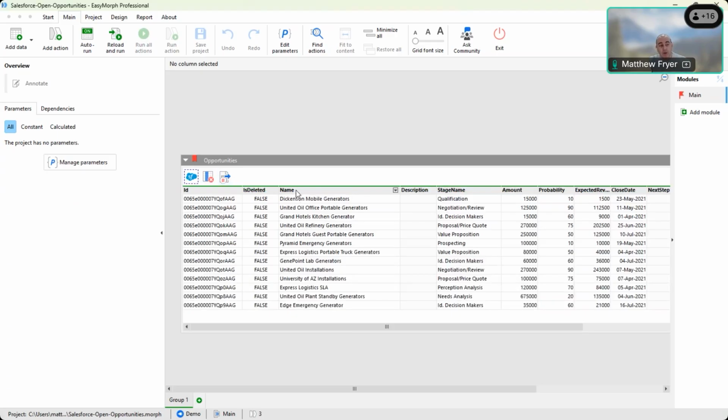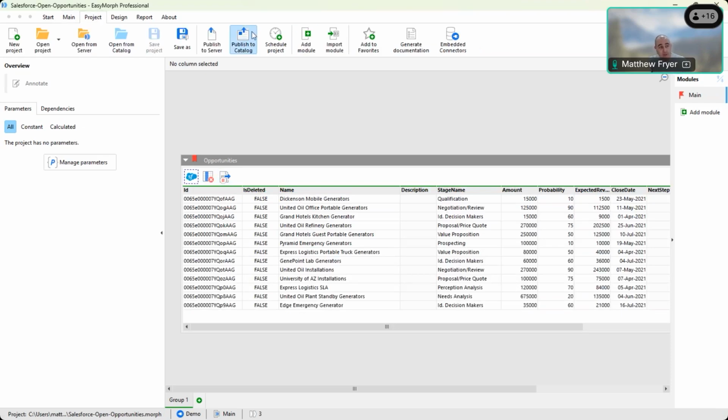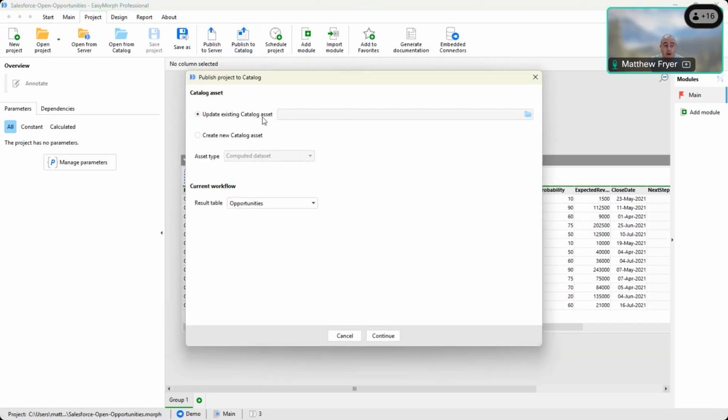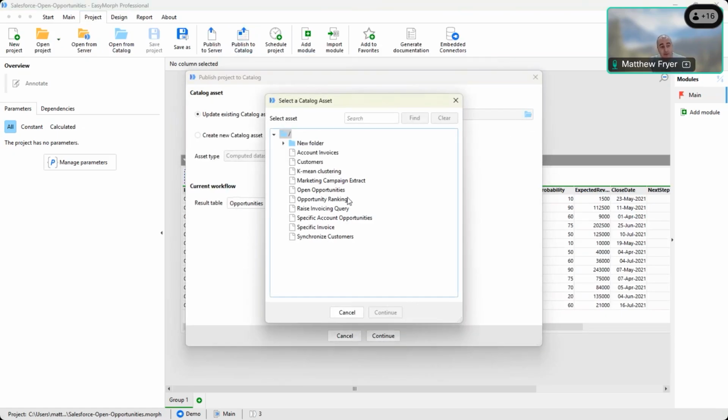So I can now edit this project. I can now modify it in whatever way I want to. And if I want, I can also save it back to the catalog. On the project toolbar, I have the publish to catalog option. I can either pick an existing asset. So if I want to overwrite that Open Opportunities that I've already created, I can do,